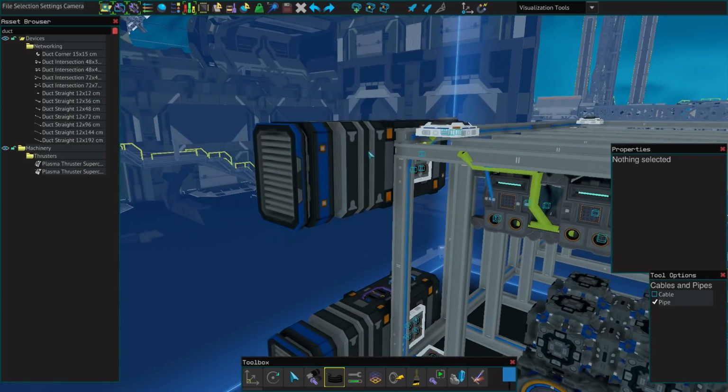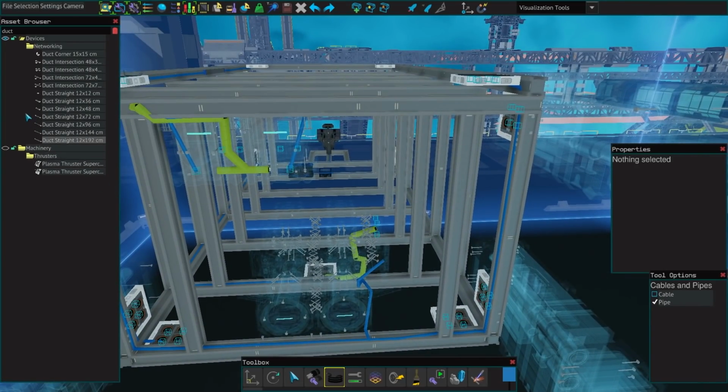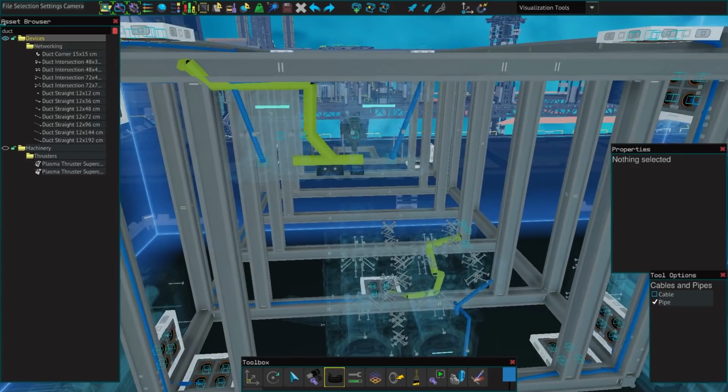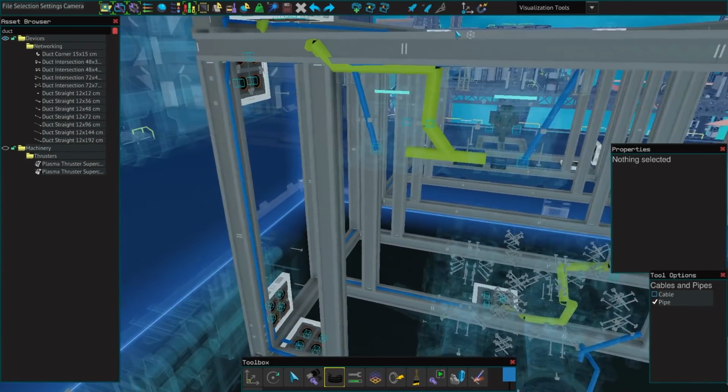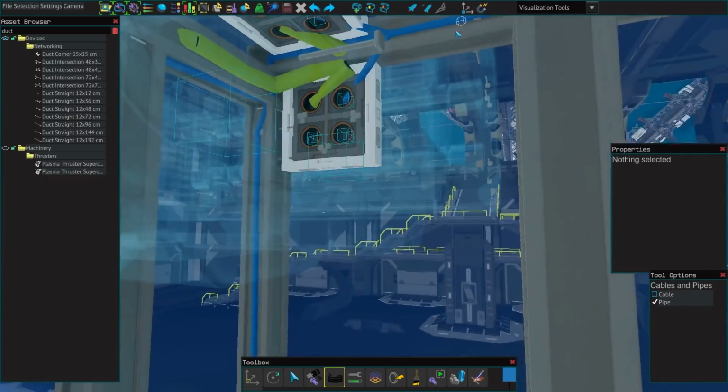Also, something else when you're trying to run piping, so if you want to hide machinery, you hit hide machinery and it'll leave just the beams. You can do the same thing with the beams and stuff like that if you want to as well. You can hide the beams by opening up the beams folder and things like that, so you can just get a better look at exactly what it is you're doing. So we've got those piped,